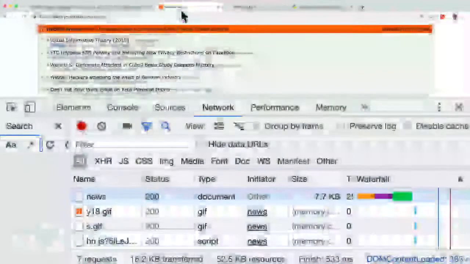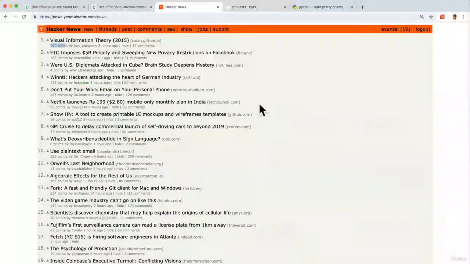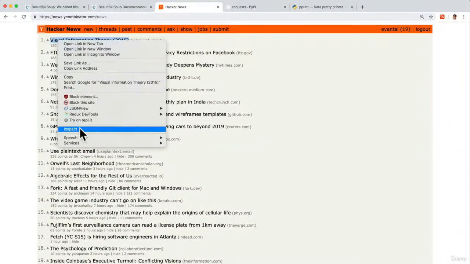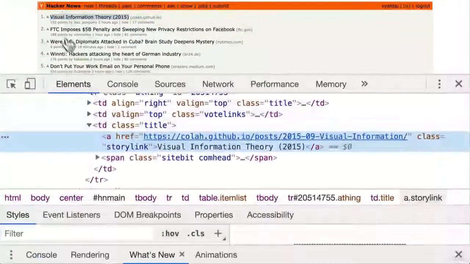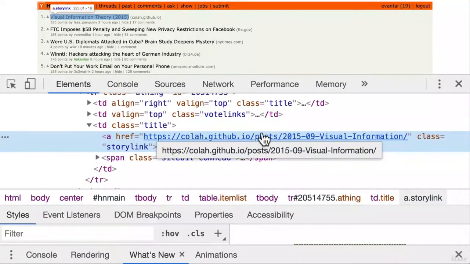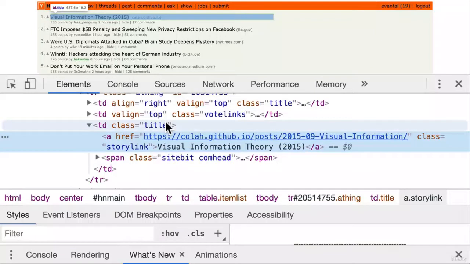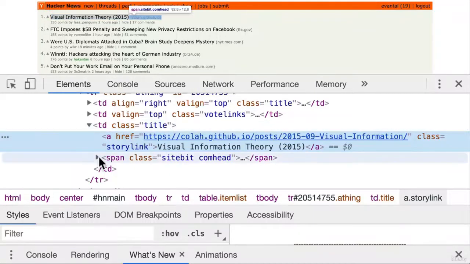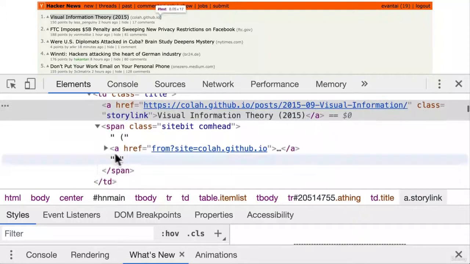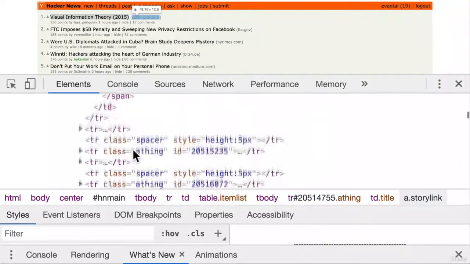Because if we go to our Hacker News website, and what I want to do is, let's say, go to the first link here, right click it, and then do inspect. This gives us this HTML DOM object that gives us all the information on the page, right? So looking at this, I know that for sure, I'm going to want this A tag that has the link and the title. But I'm also probably going to want the votes, right? So if I keep going down here